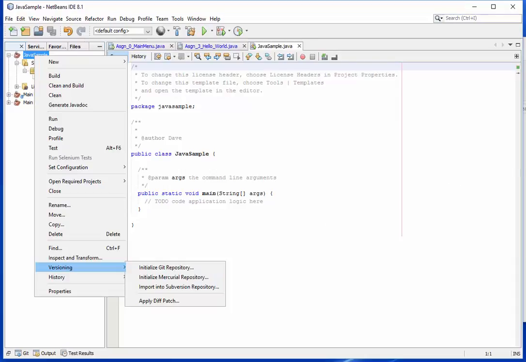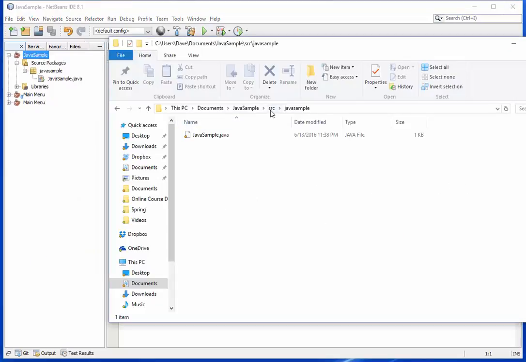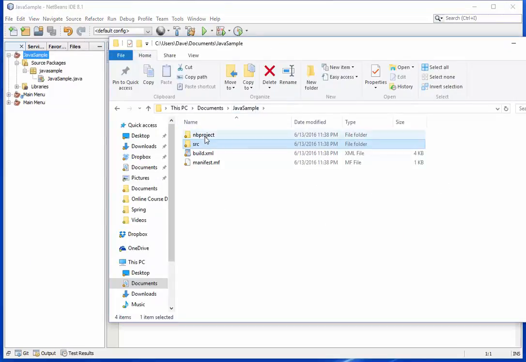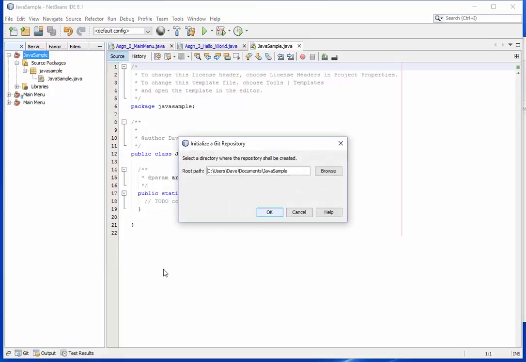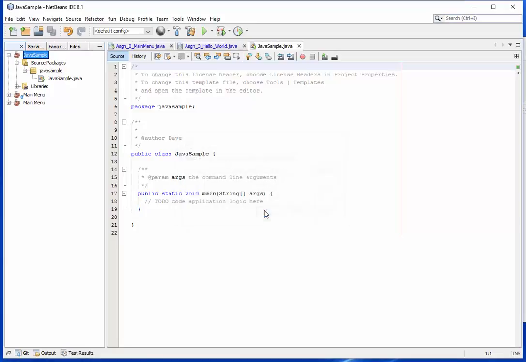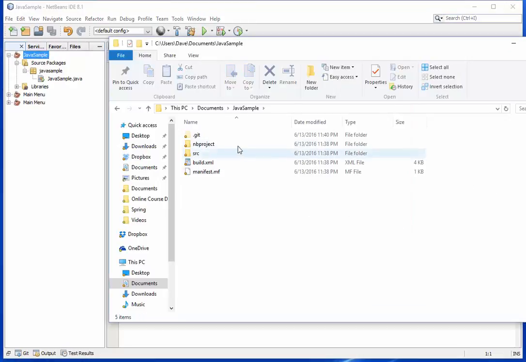But before I do, I want to come back here and remind you what this looks like. This looks like this: NB project, source, and a couple of files here. So let me do this now: versioning, initialize Git repository. It's going to ask where you want to initialize the repository, and it's going to default to the folder where this is. Click on OK, come back here and look at it now, and now you'll see that